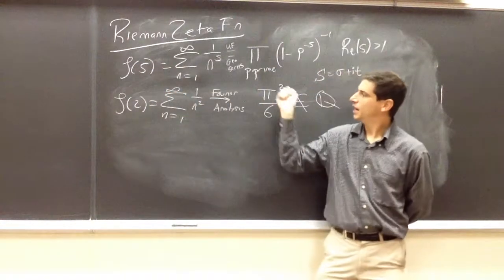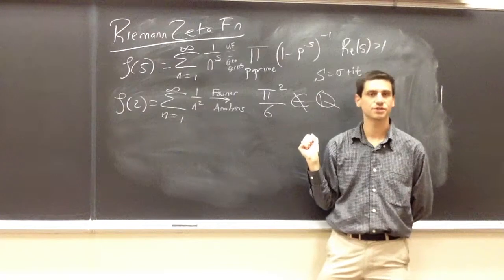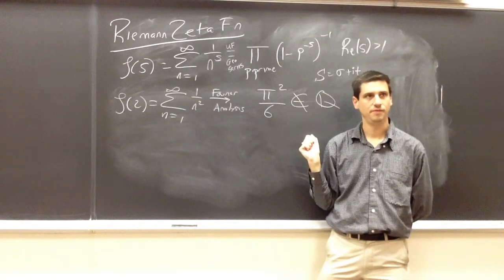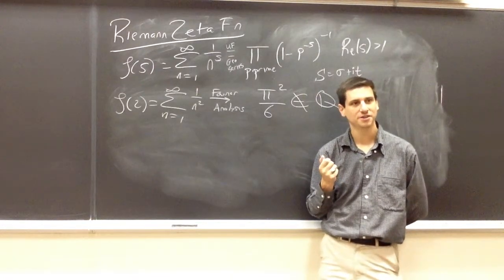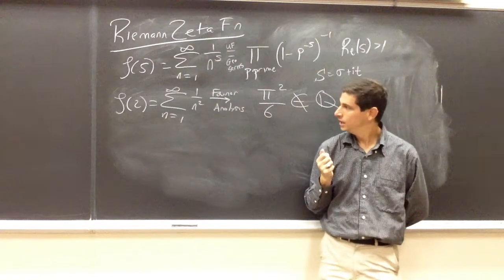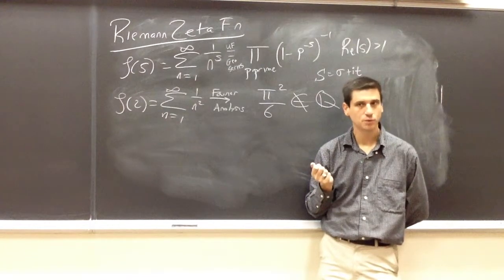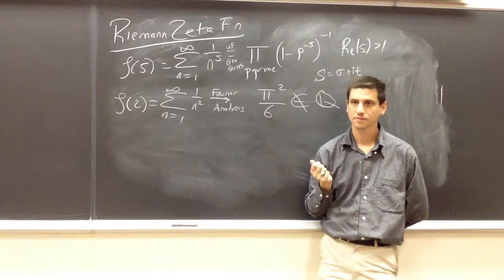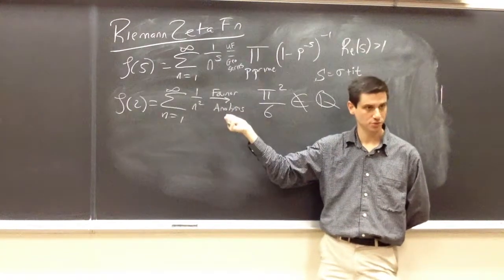So any idea how we might prove this? That the sum of 1 over n squared is pi squared over 6? The hint is Fourier analysis. What might be useful from Fourier analysis? Poisson summation is a possibility. What else? Dirichlet, that maybe if we evaluate a function at a special point,